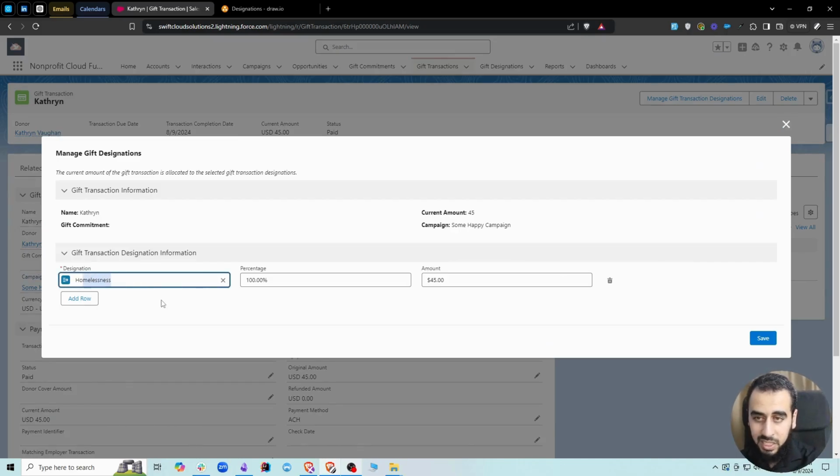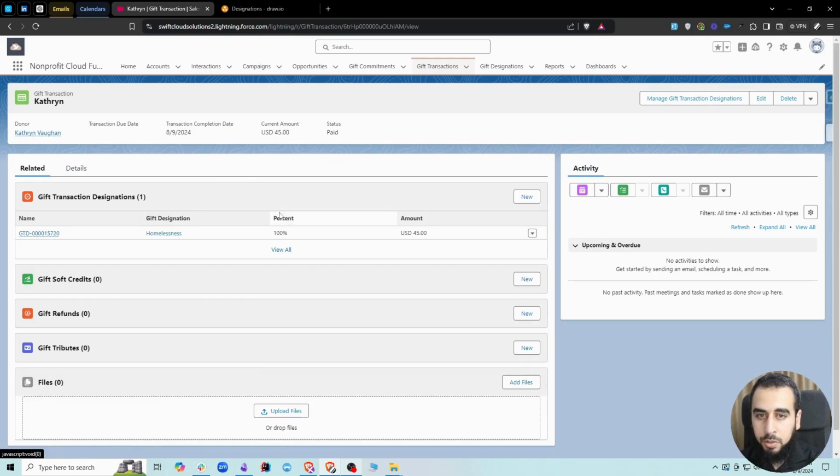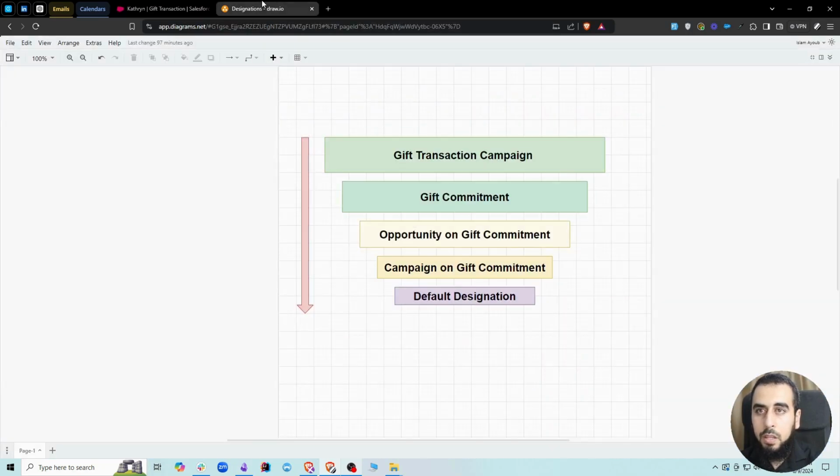If you remember, when we did this the very first time, without a campaign associated with the gift transaction, this was designated to the general fund, the default designation. Now it's detecting homelessness because it is associated with the campaign that's on this gift transaction. And because it's 100%, it's not added the general fund in here. Let's click save, and then under related, it should create that gift transaction designation. There is the